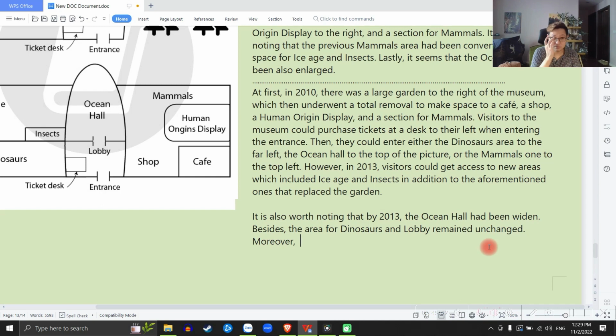Moreover, có vẻ như rằng, it appears that after renovation, sau khi được sơn sửa làm mới lại, it appears that after renovation, the